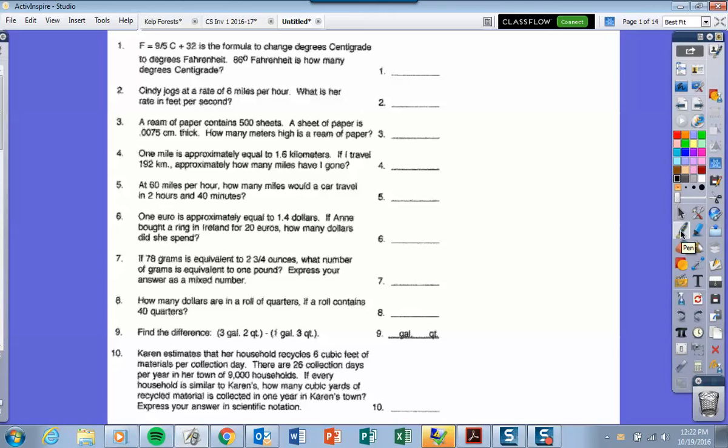If you look at how many dollars are in a roll of quarters, if a roll contains 40 quarters, I'm going to create a proportion. I know there are 4 quarters in $1. My quarters cross each other out. So 40 divided by 4 equals $10. To find the difference, then I'm going to go ahead and say that